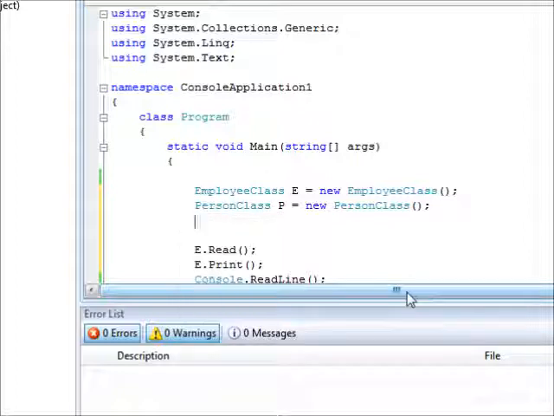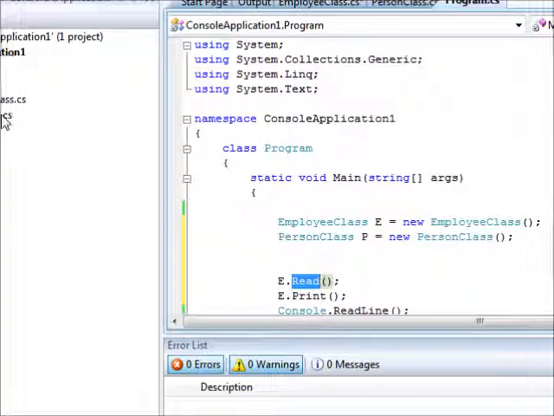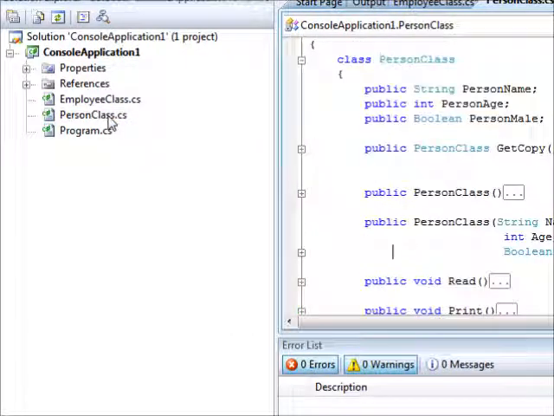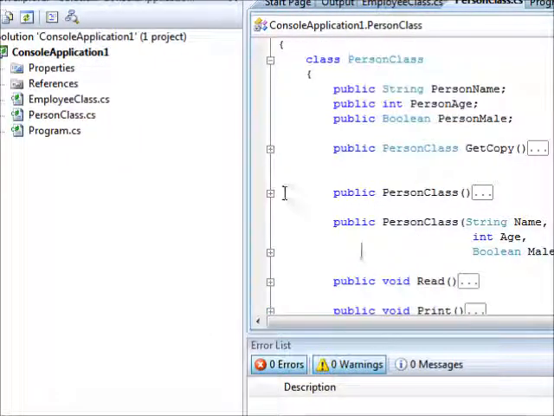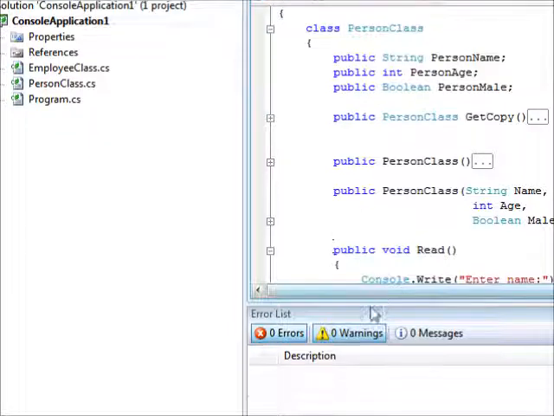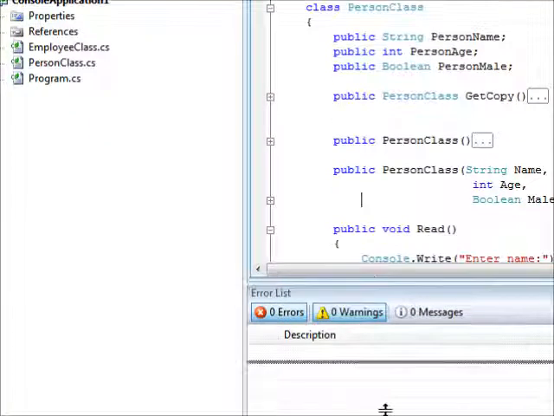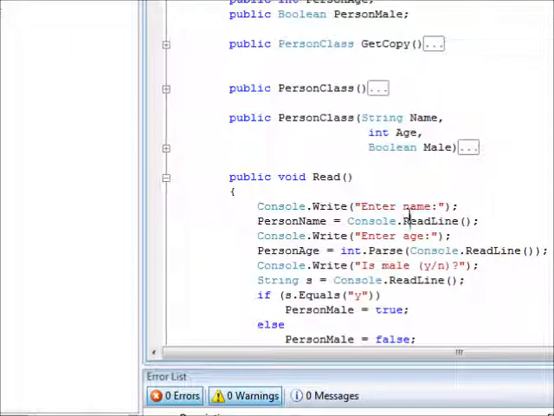Okay, so far so good, but there is a problem. In the original person class, I created a read method. If you come here, this is the person class, right? Where is the read? This is the read method. Let me bring this one down a little bit. Okay, and I put